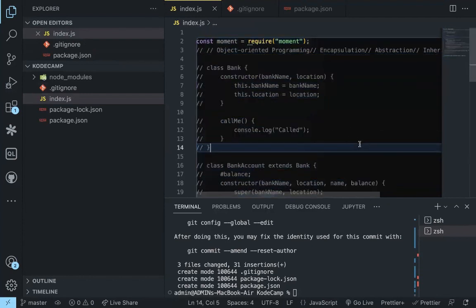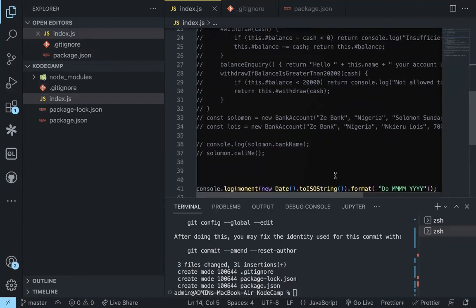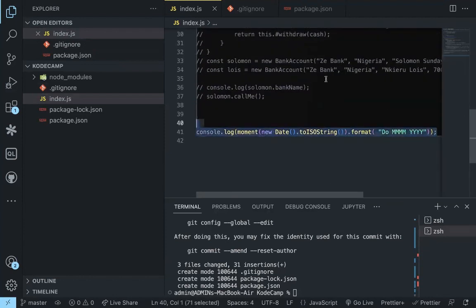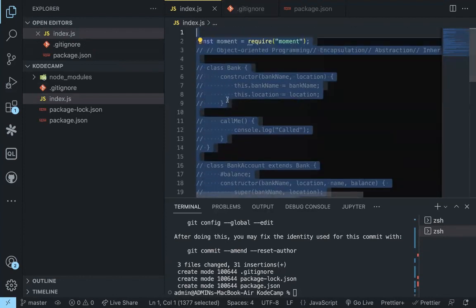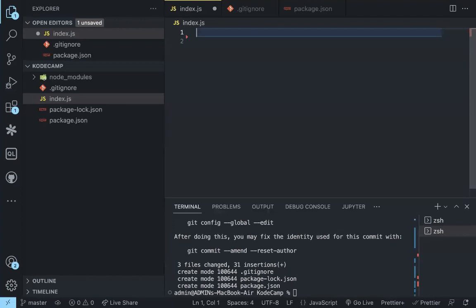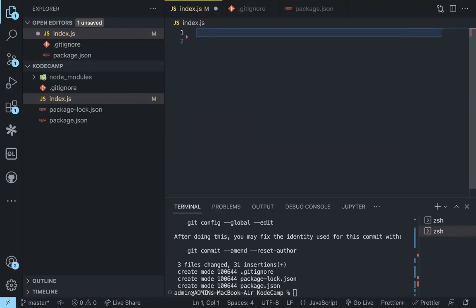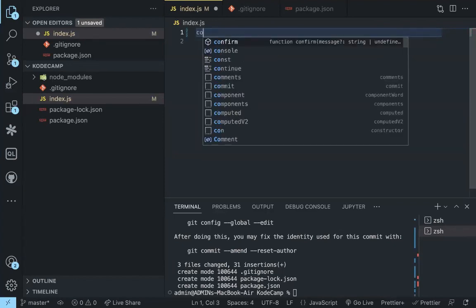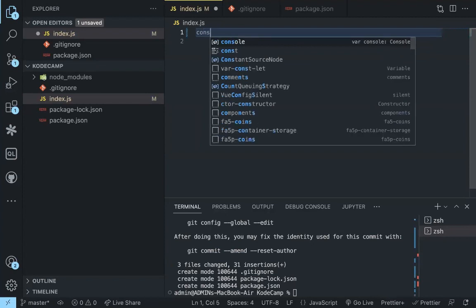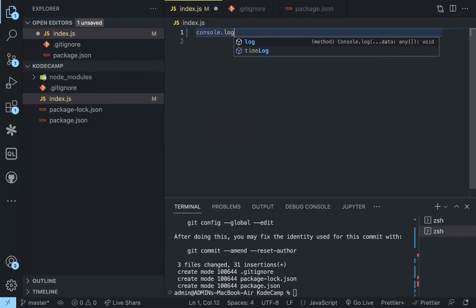So I'm going to push this online, and then you're going to do something with it. I'll just write console.log